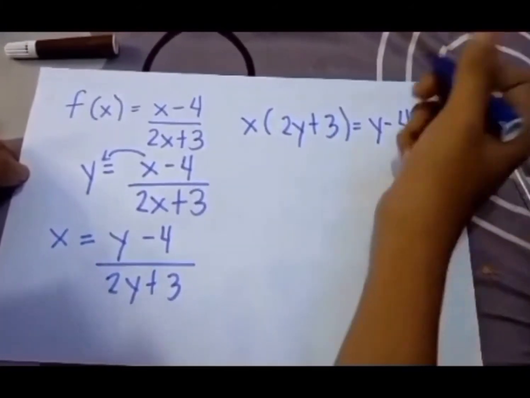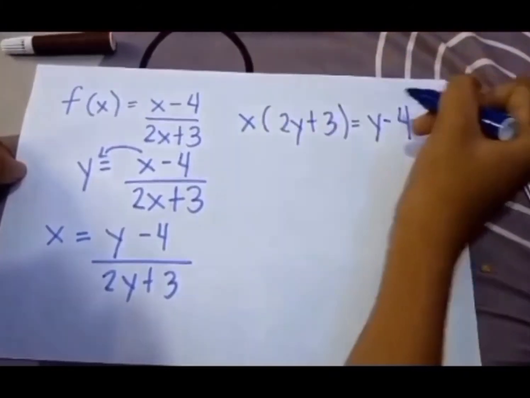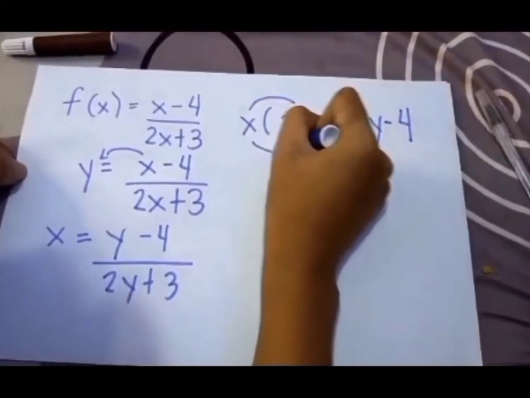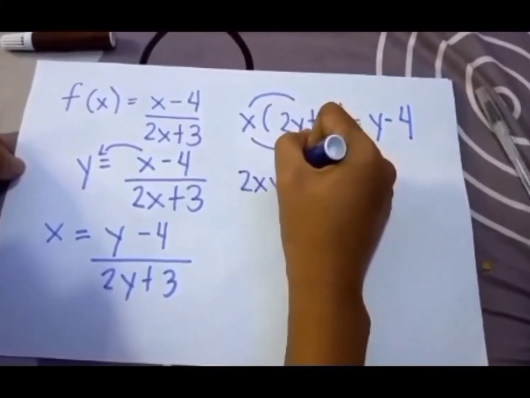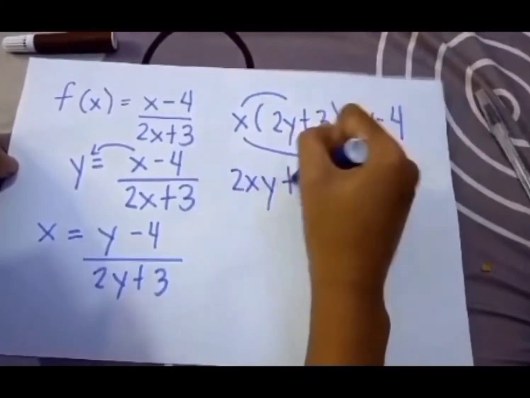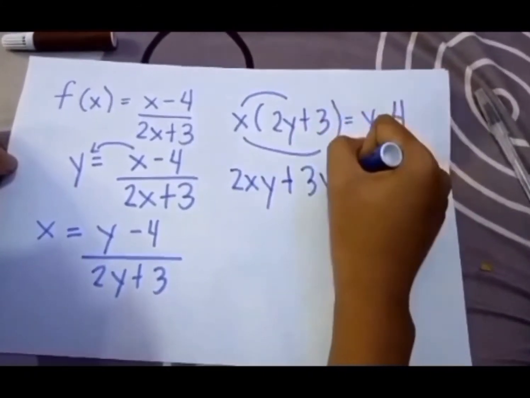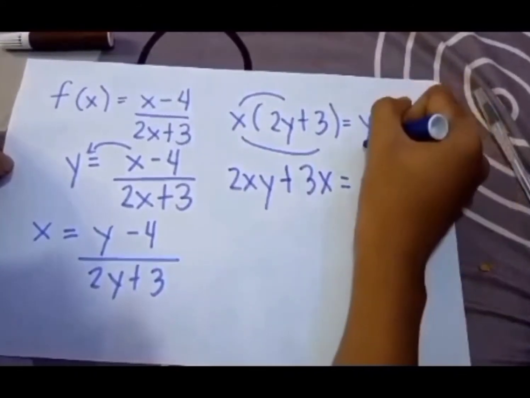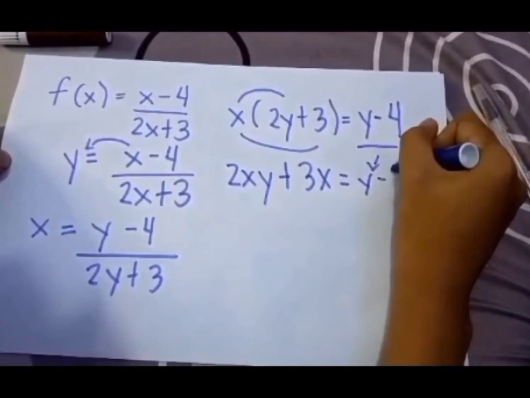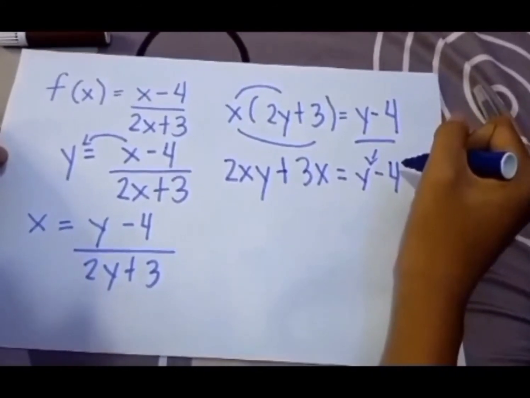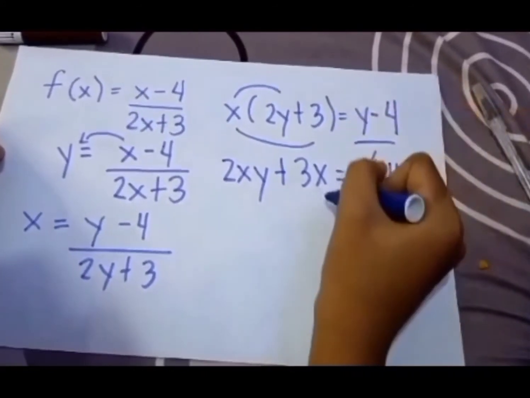So, i-distributive lang natin. So, magiging 2xy plus 3x equals, kakapi lang natin or i-bring down lang natin. So, magiging y minus 4. Then,